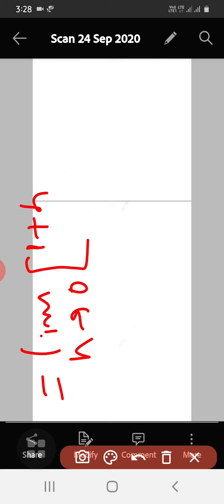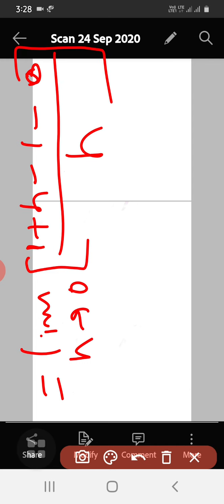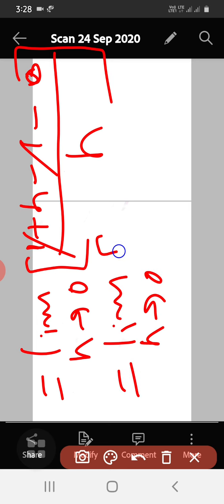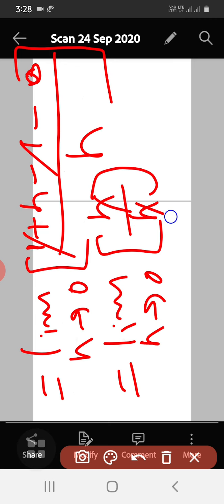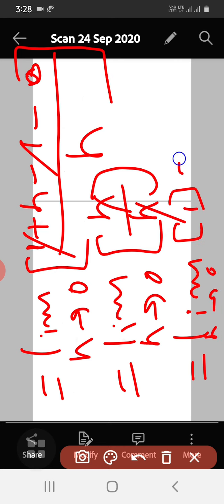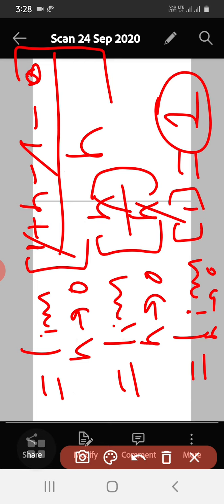So 1 plus h minus 1, then minus f of 1, whose value is 0, divided by h in the denominator. Once again this h gets cancelled. So we get limit h tends to 0 of h by h, which cancels, so I get the limit of 1 as h tends to 0. What is the limit here? It is 1. So the right hand derivative is 1.